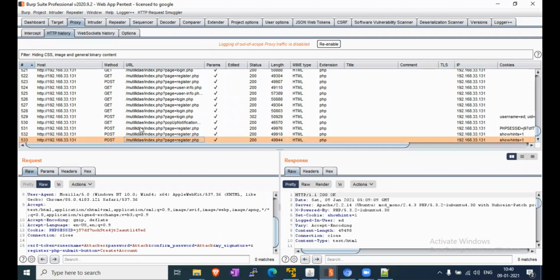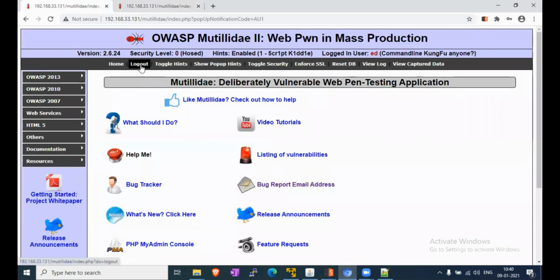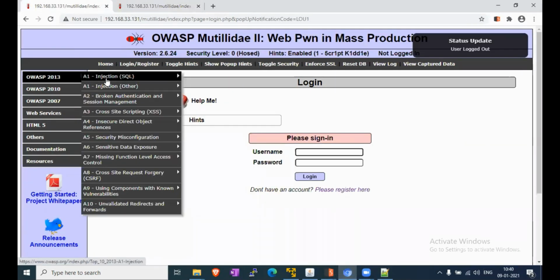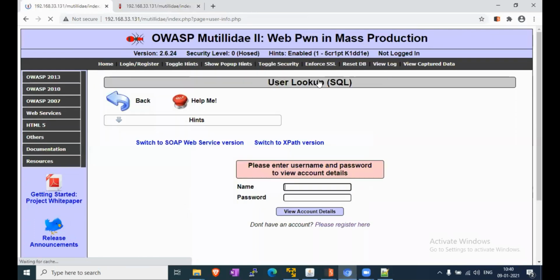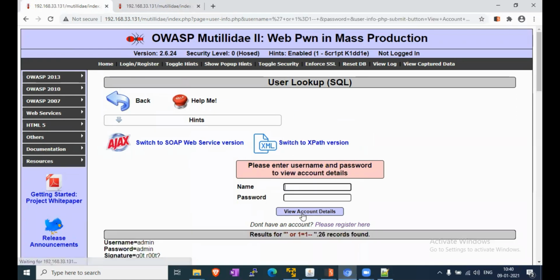Now we will check the records first. How many records are present? Okay, your account details, 26. So in this lab we first checked how many records there were, 24 records before we started this practical. Then we created one genuine user using the register page.